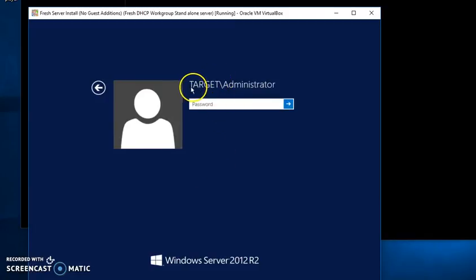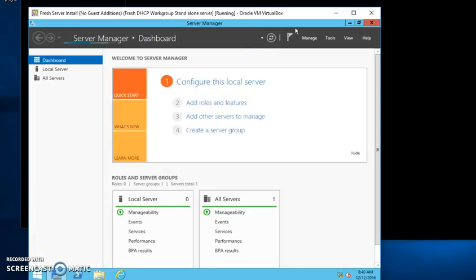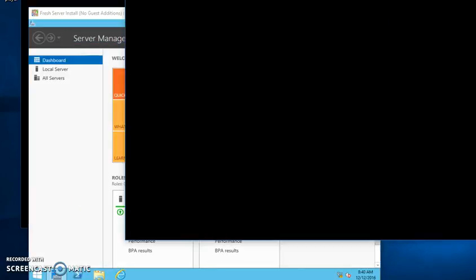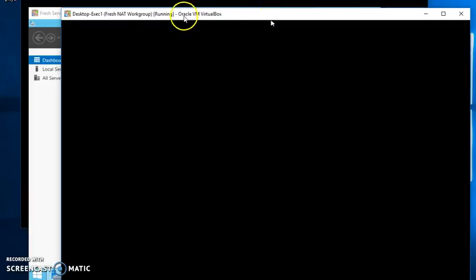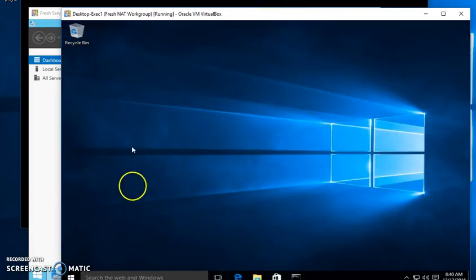You'll see now that I have the target domain and administrator, and that's the spelling: target domain and then /administrator. This makes this account now a domain administrator account. So I put in my password. And once I got the password right, it comes right up. So the proof is in the pudding. Do we have a domain controller? I can come into this machine here,